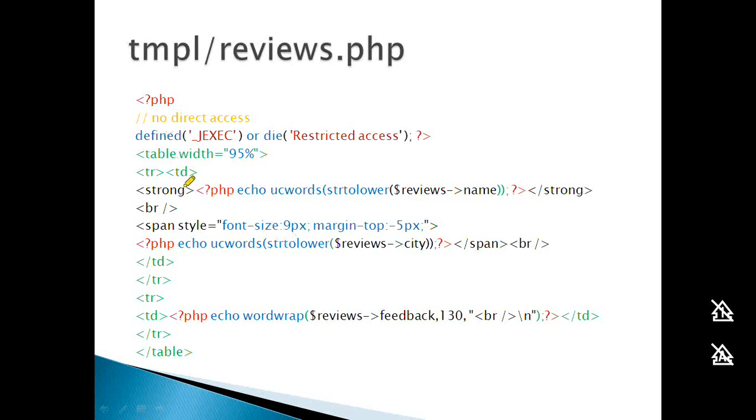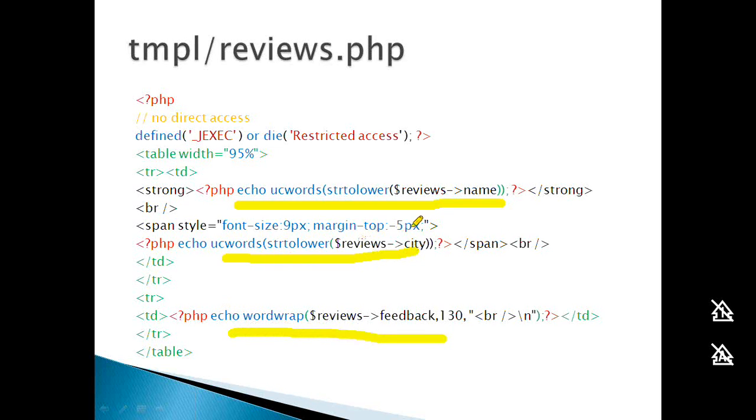In this file, you can see there is a little bit more complex coding this time. Not actually complex, but it is coupled with the HTML code, so it looks complex. We had three different fields in the database: name, city, and feedback. So we are using those fields to display in an HTML wrapper this time. Here is the echo ucwords. It will uppercase the first letter of the name, and then we have the same for the city, and then we have the wordwrap.